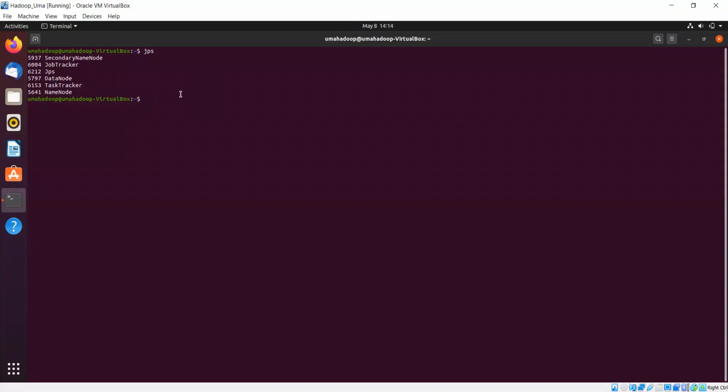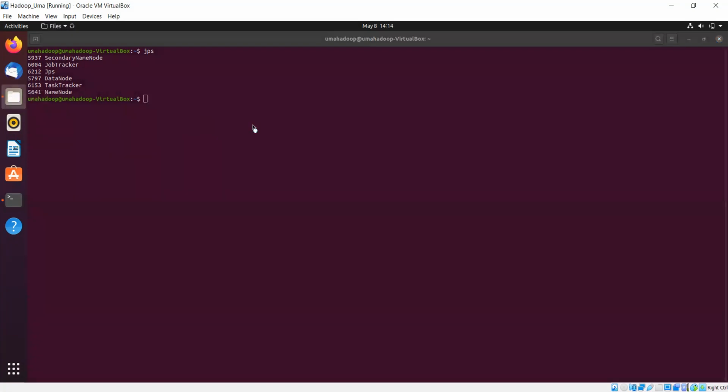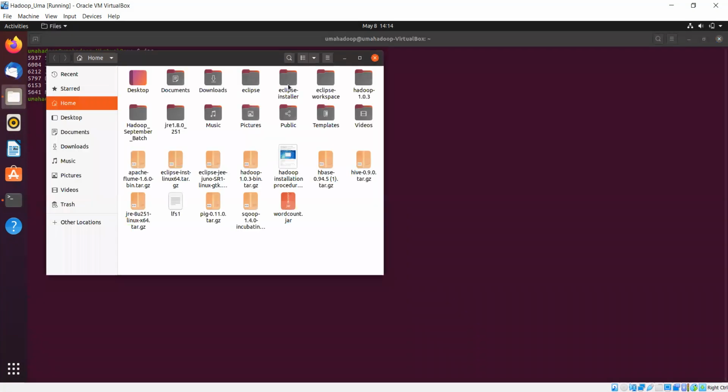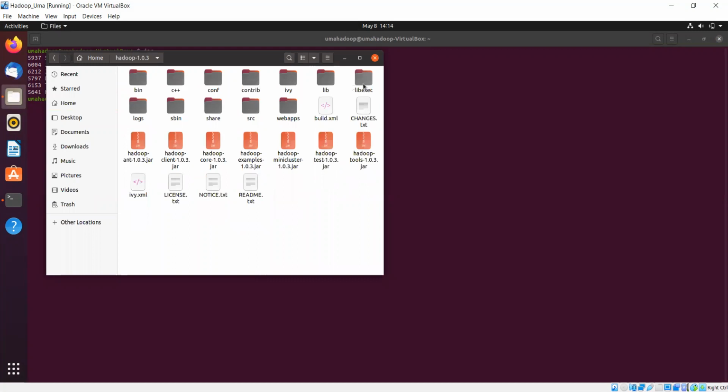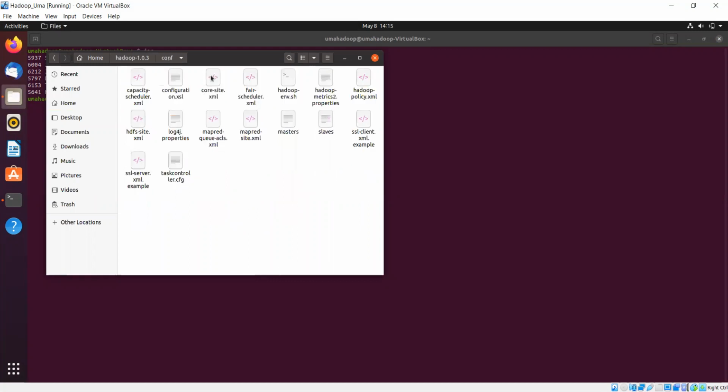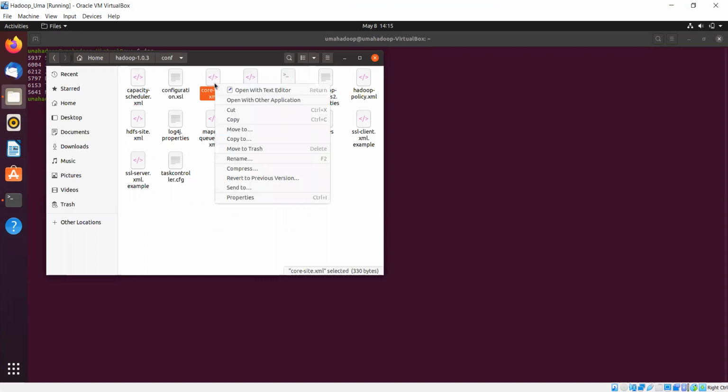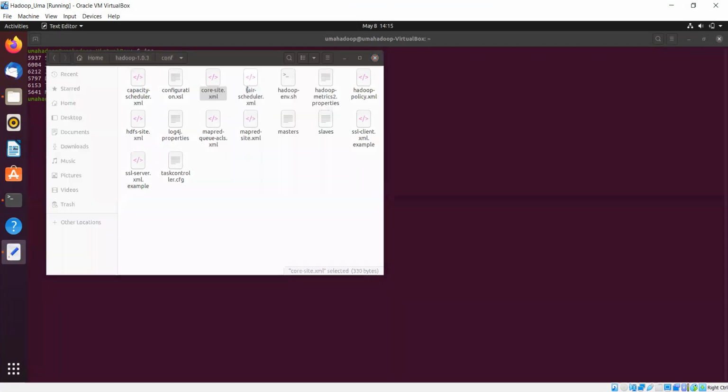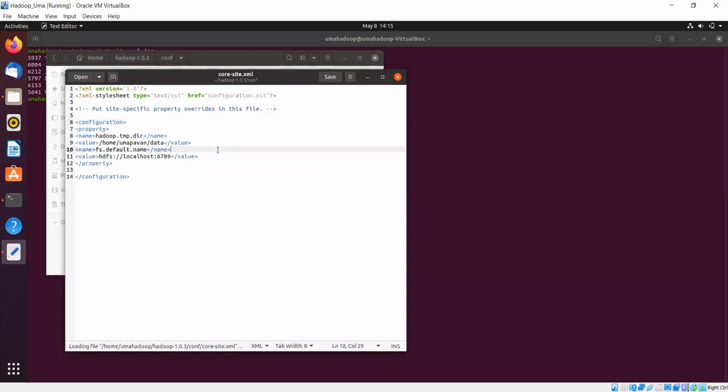Now you can see, friends, the name node is starting. Earlier the name node was not there. The reason is that some of the files need to be configured. Let me open those files. Within the Hadoop folder we have conf, and here various files need to be configured, starting with core-site.xml. Let me open that. Within core-site we need to observe some of the folders as well as the configurations.